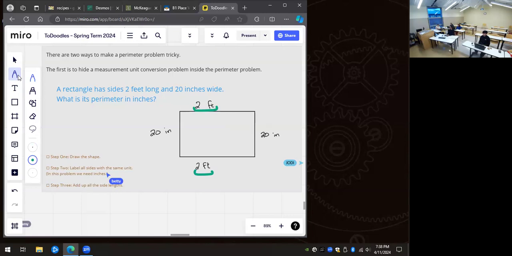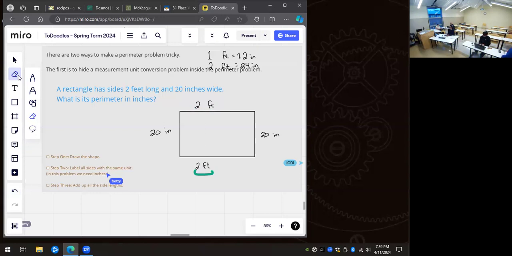I think a foot is about 12 inches. A foot is 12 inches. So 1 foot equals 12 inches. So that means if I have 2 feet, it's going to be 12, 12 is 24 inches. So I need to take the